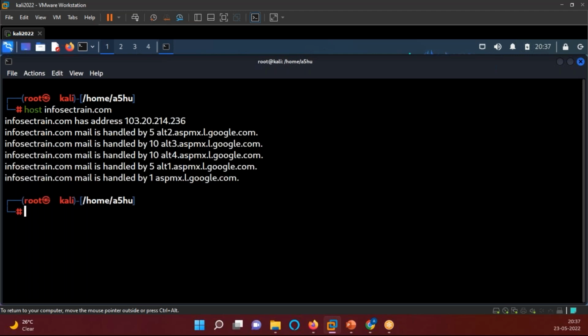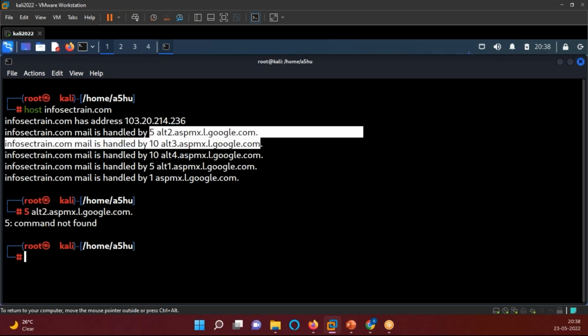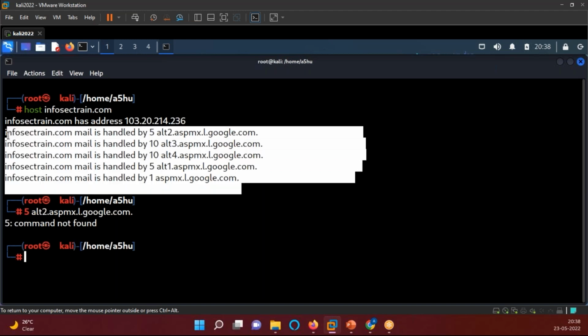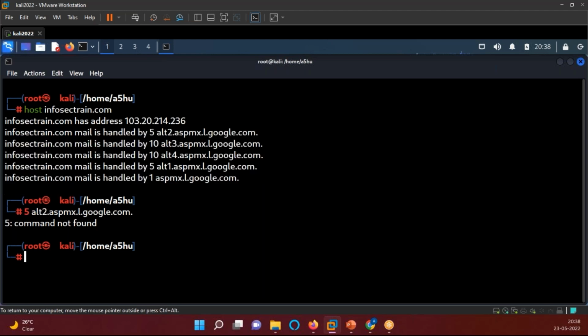It gave me some information: the IP address of my domain name, whatever I have provided, infosectrain.com. It gave me that it is handled by google.com, and the different domains of google.com as well, right? So that's a good amount of information that we got, right? The host utility you have, right? Now, okay,